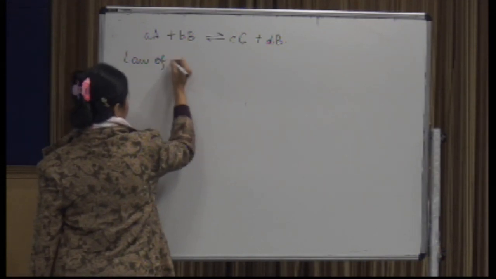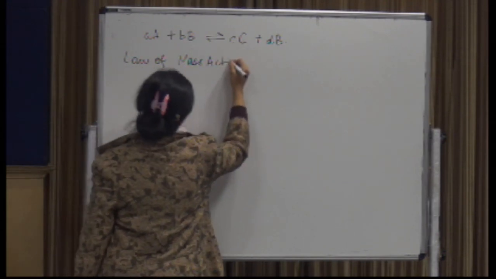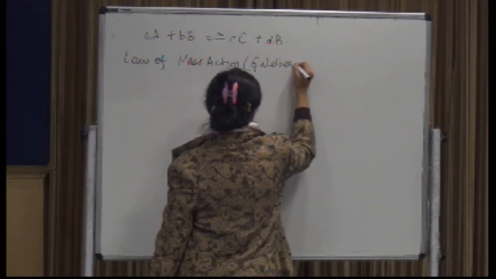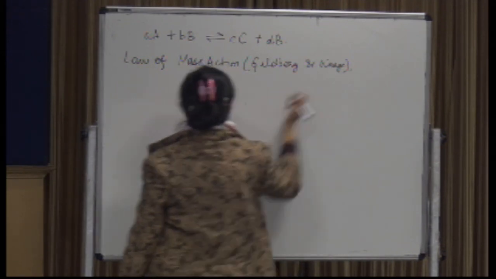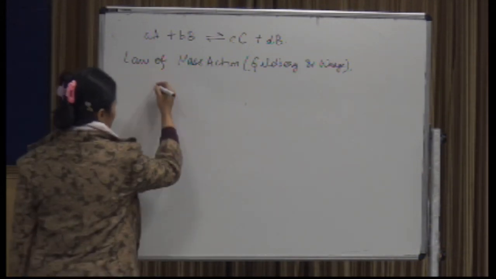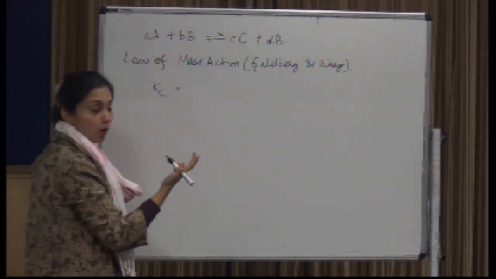This law that I am going to talk about is also known as the law of mass action, as it was given by Guldberg and Waage. In this case, it states that the equilibrium constant can be defined as